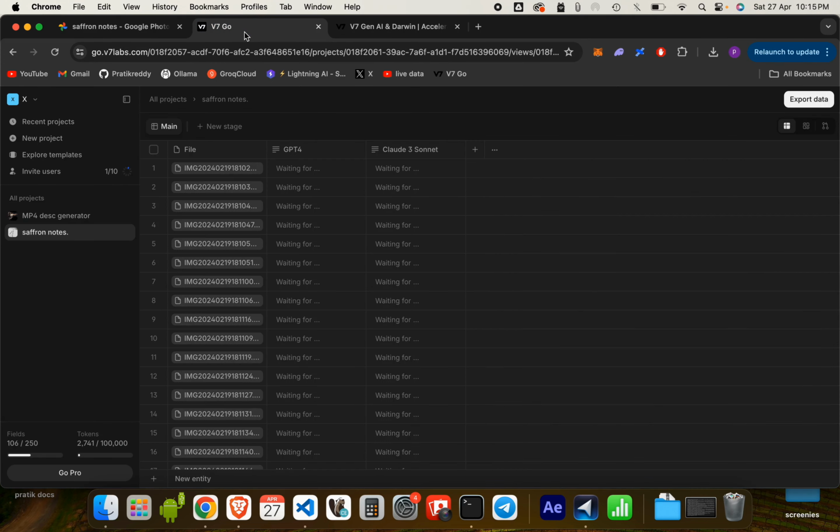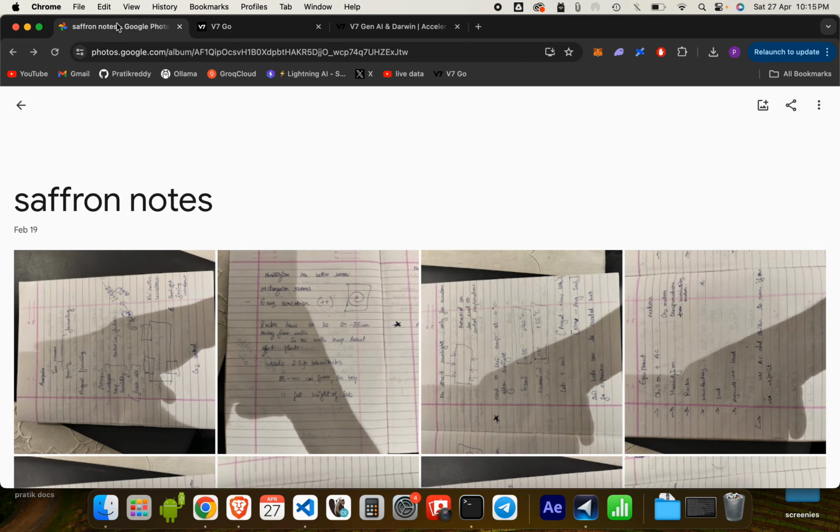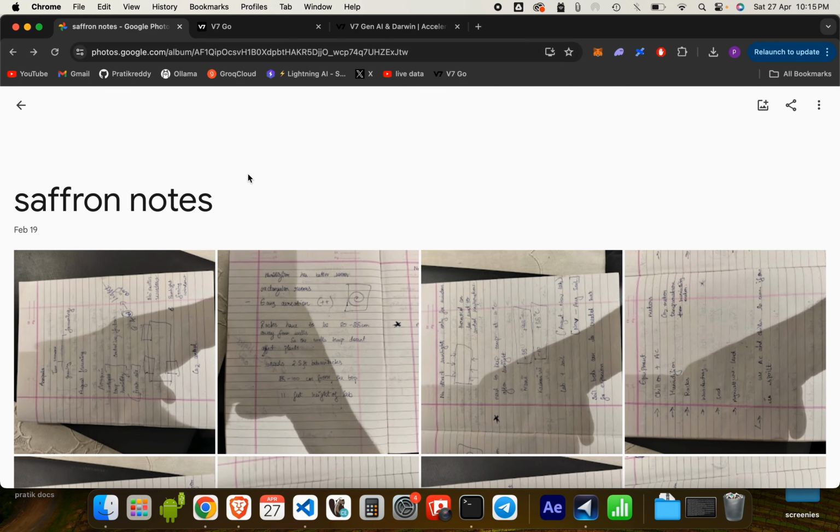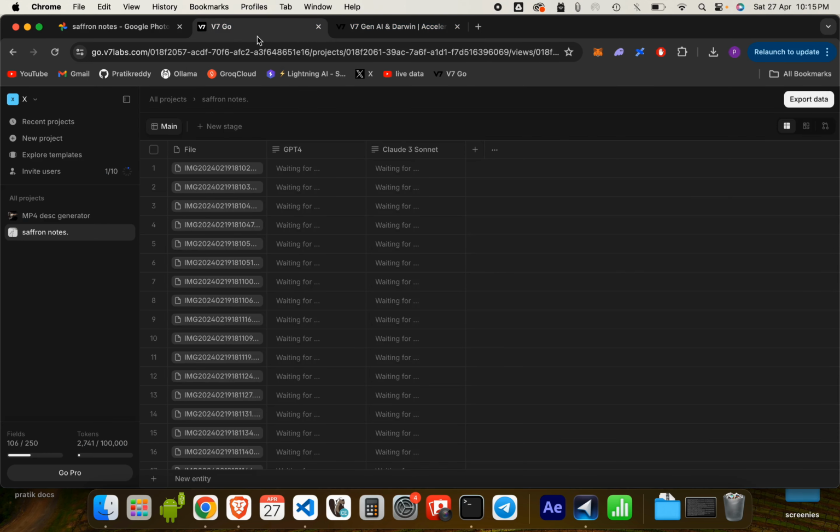So let's start with something very simple. I recently went to a conference where they were growing saffron using aeroponics. I have some notes, and I wanted to extract the data from these notes and create a file that I can store somewhere, with a more logical, step by step extraction rather than just a clump extraction. I did use OCR once, but I wasn't happy. I would love to use GenAI now. So what you can see here